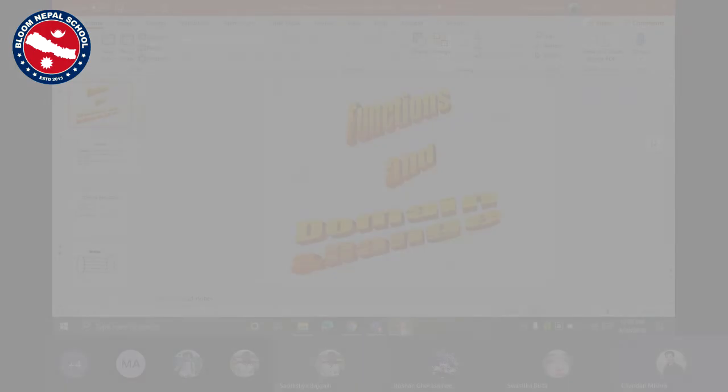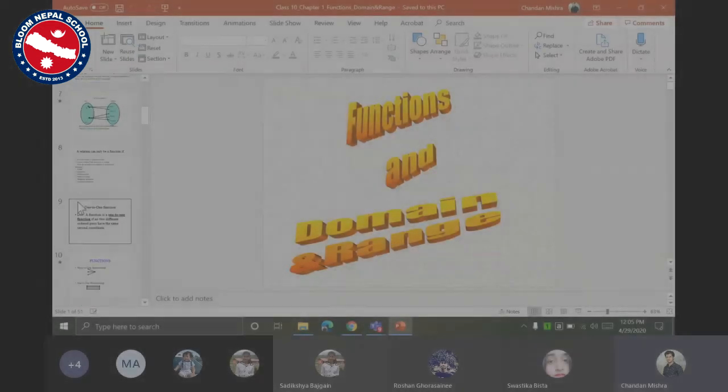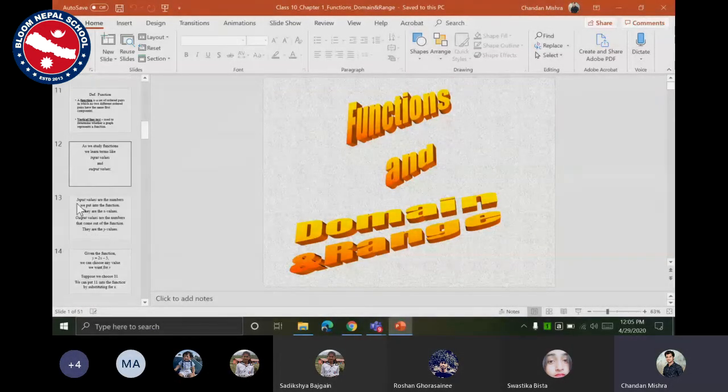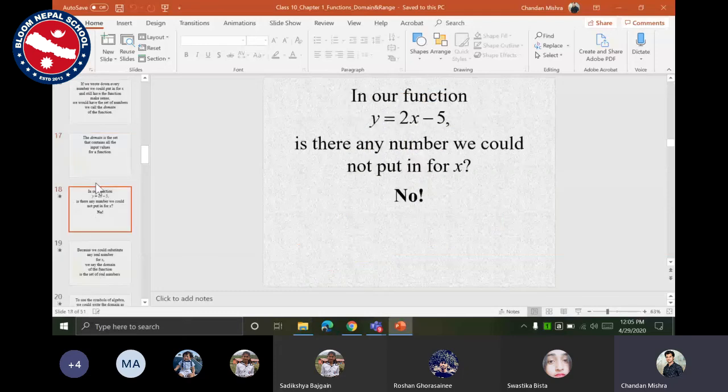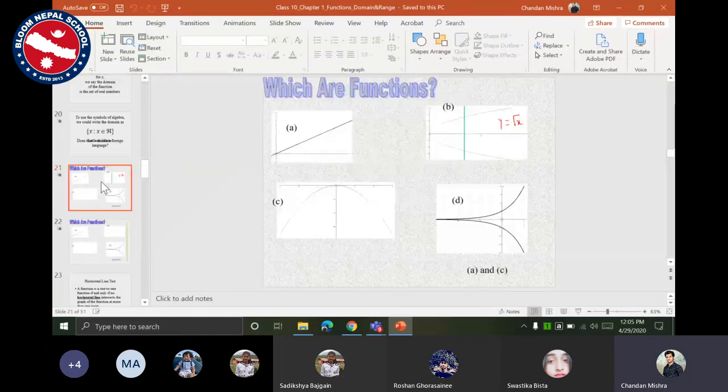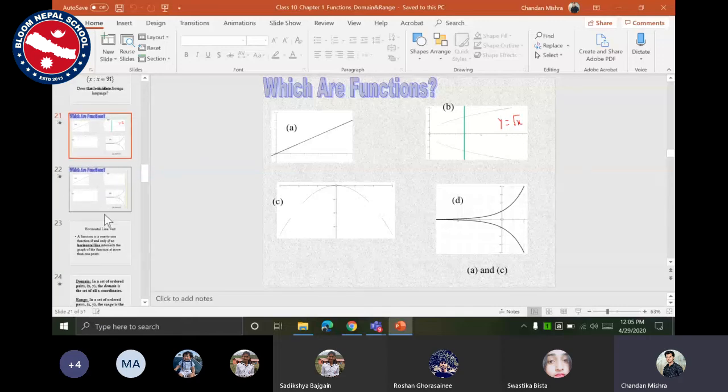We were talking about functions, right? So we covered a lot of things. I also asked you a few things, right? About your domain, what is a domain, what is a range. Then in the class we also did things like which of these is a function and which is not. We also learned about the vertical line test, right? So in the vertical line test, what we found out was